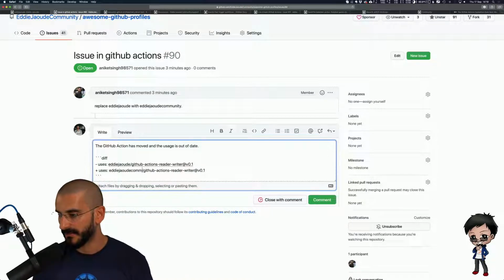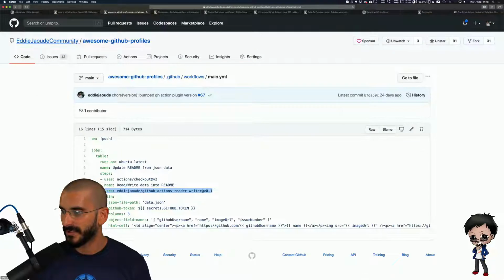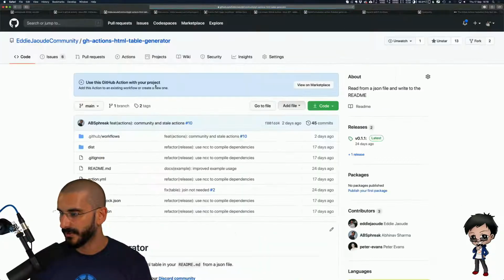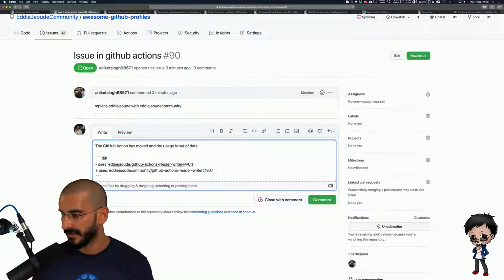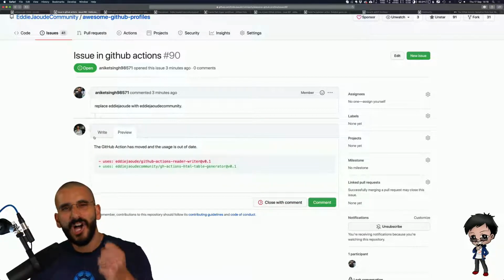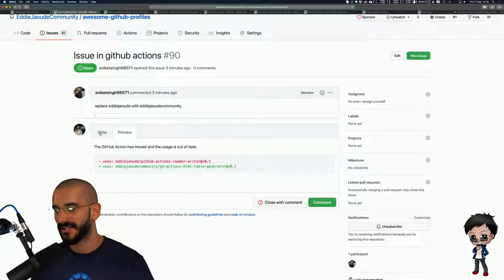I can't spell community. I'm having some serious trouble today. And what is the name of the project? It's called this one now as well. So if I just grab that, and then I can put it here, right? And so I've got a diff, and let me just quickly show you what it looks like. That looks like that. So it really highlights and stands out that there's something wrong.